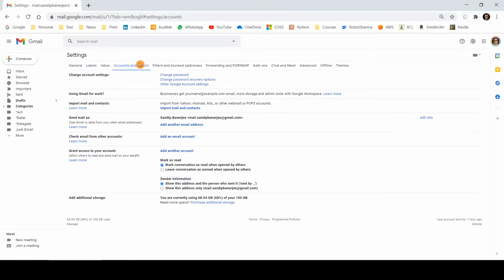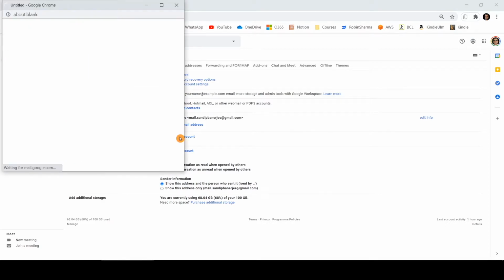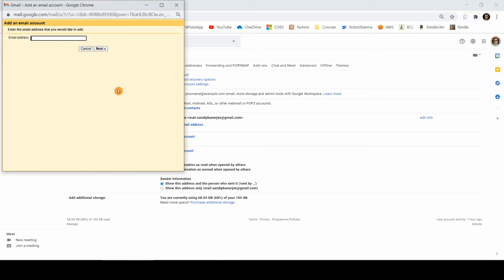There you will get certain options, and one is Check email from other accounts, and there is one option, Add an email account. If you click on that, it will give you a prompt where you need to type your email address from where you want to import email into this particular Gmail account. So let me type one of the emails and click on next. It will now give you two options. The first one is the option we are going to opt for, Link accounts with Gmailify. This is Google's term, using which you will be able to get all those emails within Gmail only. And let me click on next.